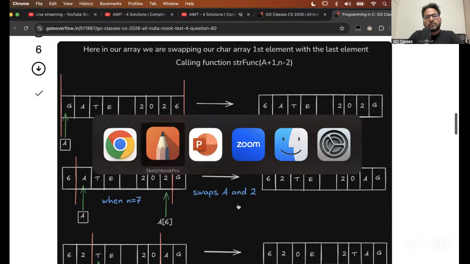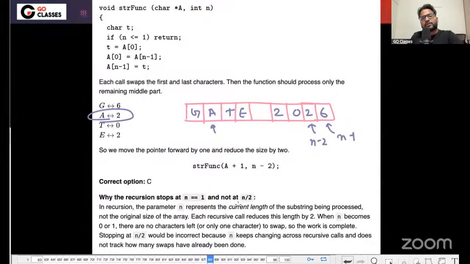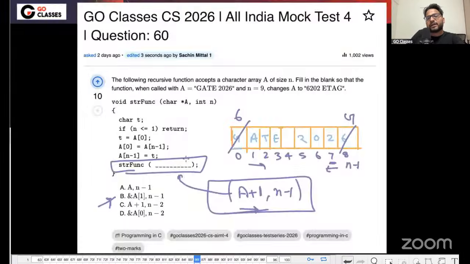Because see here, that's a very tricky part. We are basically incrementing this a, right? A plus 1. Now your base is pointing here, right? Now from here you cannot go n minus 2, oh sorry, n minus 1. I mean from here, basically what is happening, see,